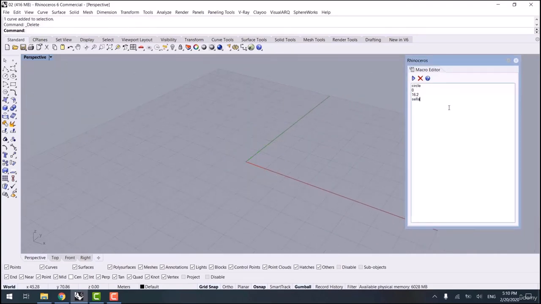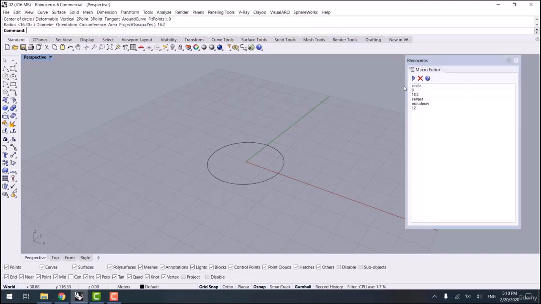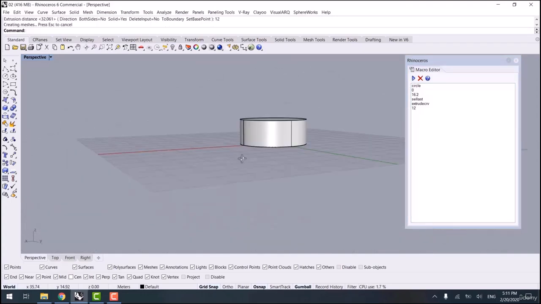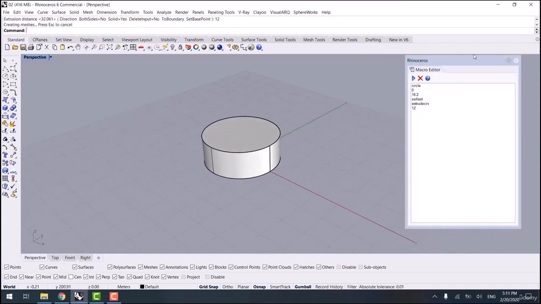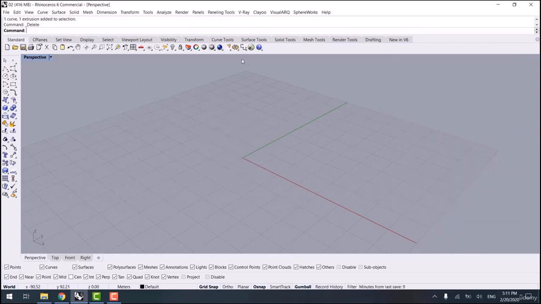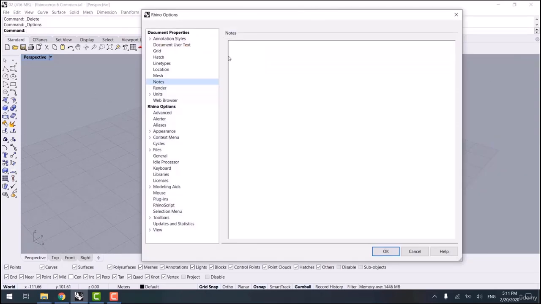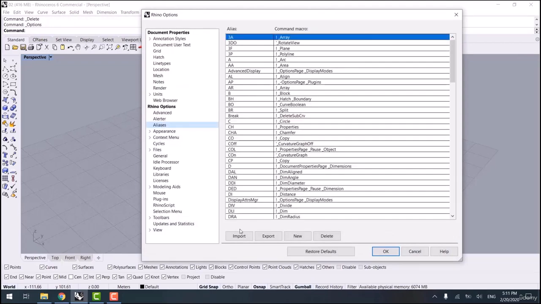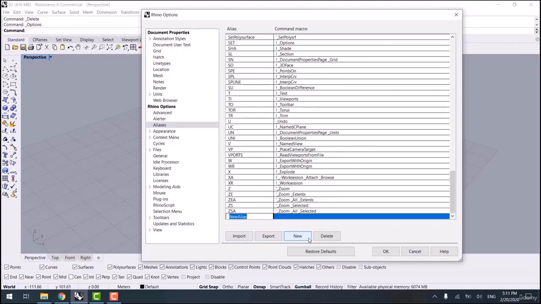It is cool. Following that, if I want to select it, check it out, I type SelLast, and then I want it to be extruded, so ExtrudeCrv, and then the extrude distance value of 12 meters. Check it out. We commanded Rhino to create this, and what we have written in the macro editor can be used as a command in aliases. So here I